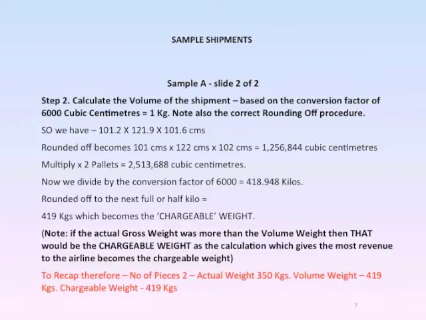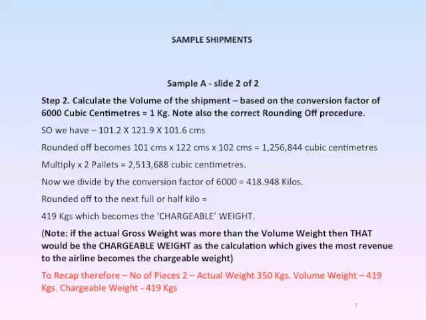The next step now is to calculate the volume of the shipment based on the conversion factor of 6,000 cubic centimetres equates to 1 kilo. So we have 101.2 multiplied by 121.9 multiplied by 101.6 centimetres. Now we have to round off these dimensions and they become 101 centimetres by 122 centimetres by 102 centimetres. Multiplied out becomes